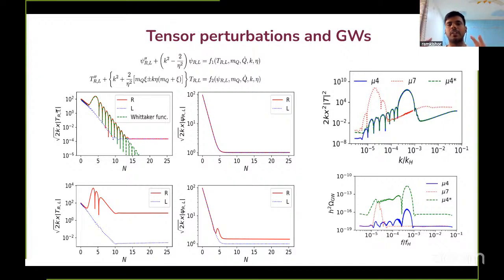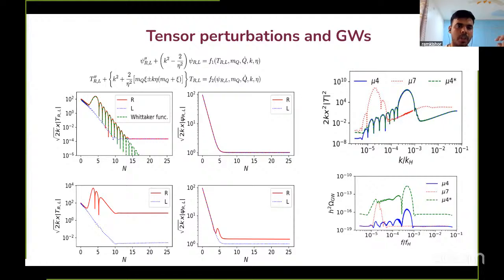So we are studying the system perturbatively. You have this background isotropic part of the SU2 and the axion homogeneous part, and then you have these different perturbations of the SU2 field. We look at this tensor perturbation, and we found that in the cases when the back reaction of the perturbation is important on the background evolution, there is an interesting solution where this tensor perturbation amplitude after crossing the horizon remains constant. I will not be able to go into the details of this, but this behavior interests us to look at the magnetogenesis